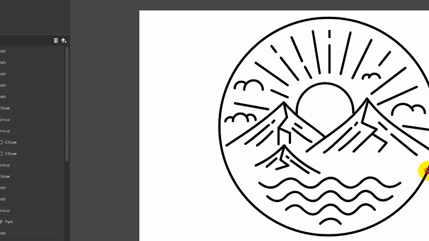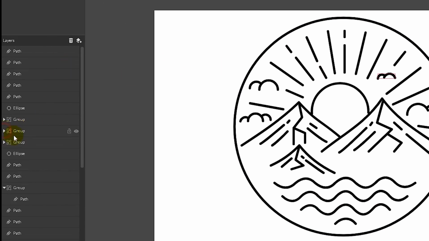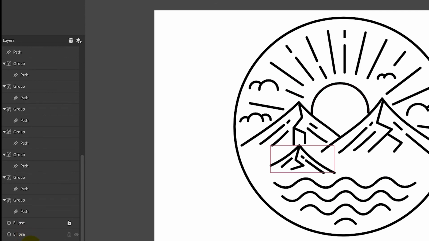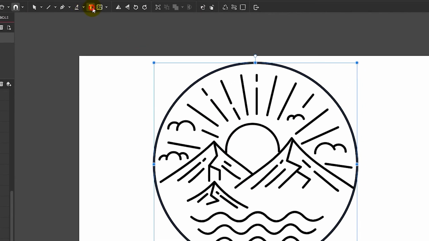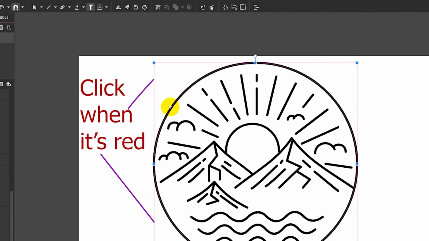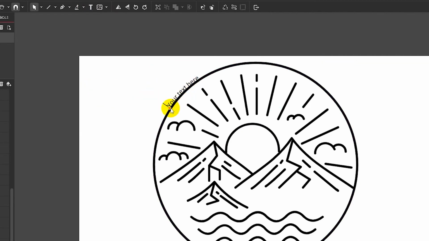Finally, unlock your circle, because we are going to curve the text. So unlock your circle, grab the text tool and come up to the circle. As you can see, it's getting this red border, this red bounding box, meaning you can type on this path. And when you finish typing, make sure that you're typing in all capitals, because for some reason